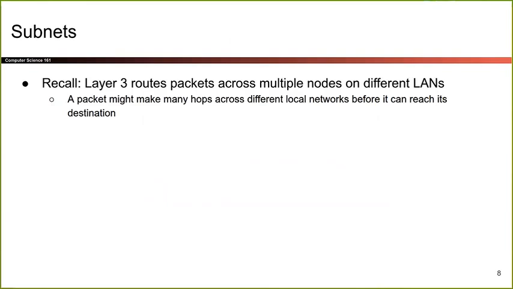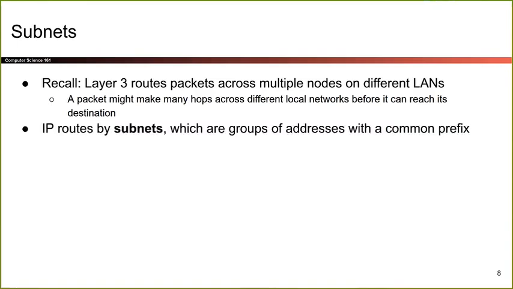The terminology for this, you'll see sometimes, is called a network of networks. So I have a network, which is a local area network, and then I have a big network that's comprised of a bunch of small networks, and that's the internet. It's a network of networks. To get to my final destination, the packet has to hop across a bunch of different local networks. So how do I figure out which local network to send my packet to if I want to hit the